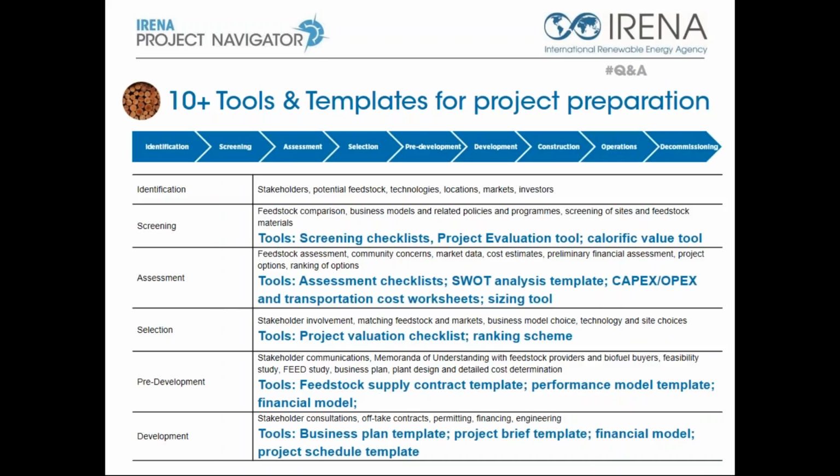Yes, thank you, Carlos, for this question. I think it came out a couple of times during the webinar. So you can see on your screen that for each of the steps of the project development cycle, the guidelines will provide a certain set of tools and templates that will help you to achieve the milestone for each of the phases. So for example, if you go to the next slide,